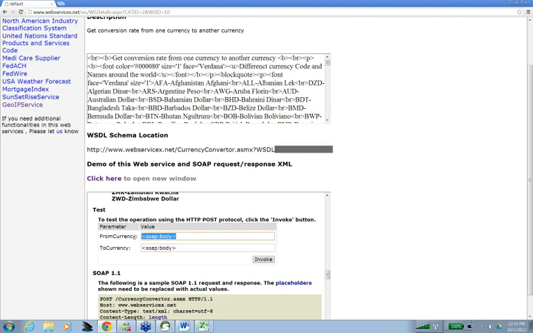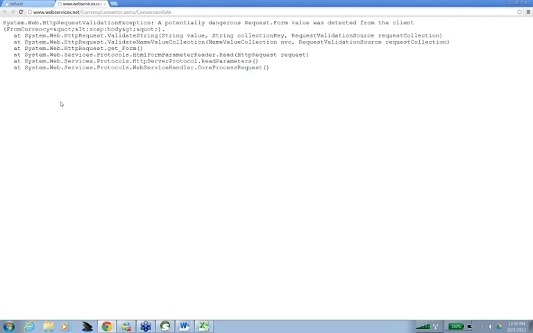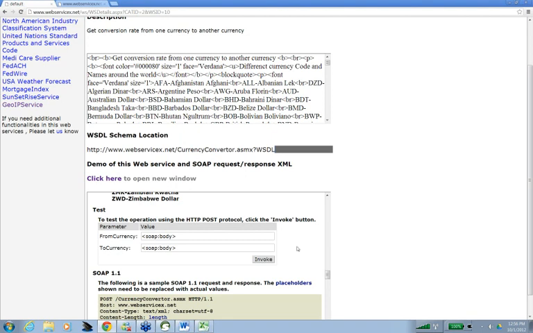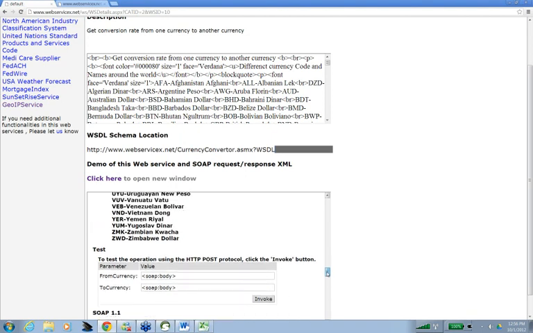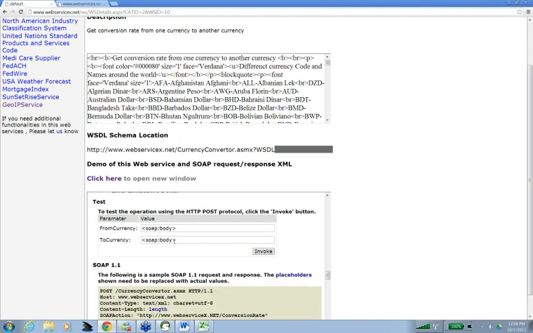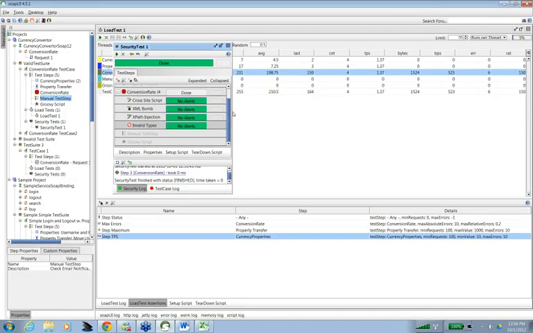I have to make sure there is no SQL injection, and that it is validated against all invalid data types, right? If I use it, it gives us an exception. So I have to test it for all the security testing. That's the reason we do security testing in SoapUI.